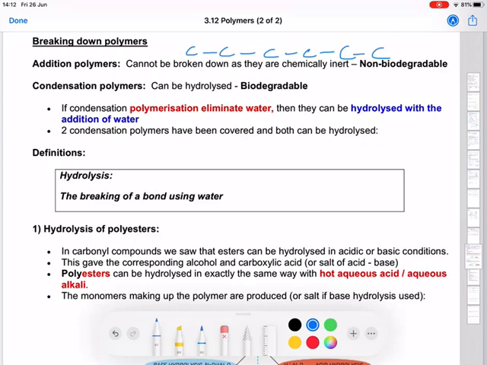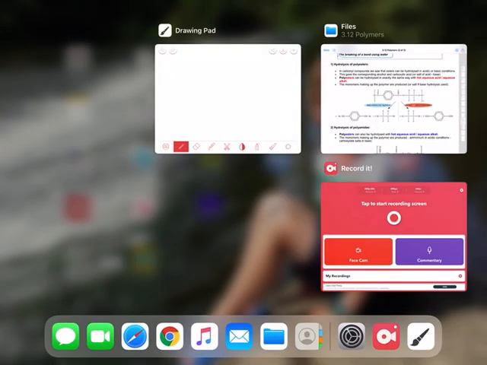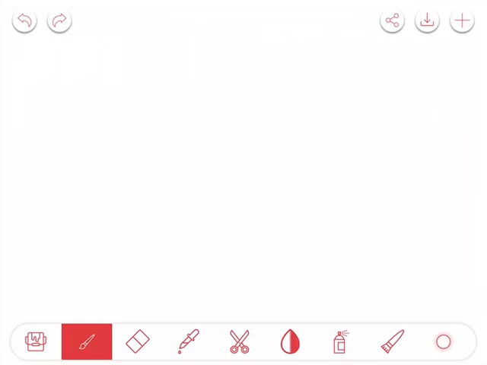But of course, if you remember when we did this back in the carboxylic acids and the derivatives, there's two types of hydrolysis. There's acid hydrolysis and there's alkaline hydrolysis. So first of all, the definition of hydrolysis is the breaking of a bond using water. Okay, and I'll just go to this just to refresh your memory on what we talked about when we did it with the ester. So a polyester